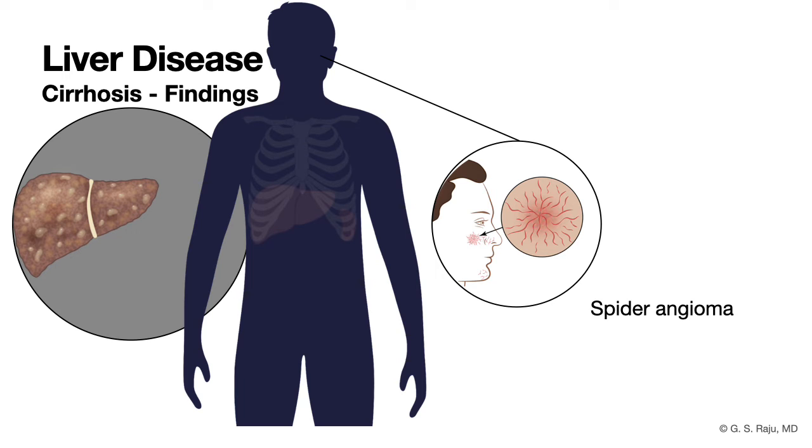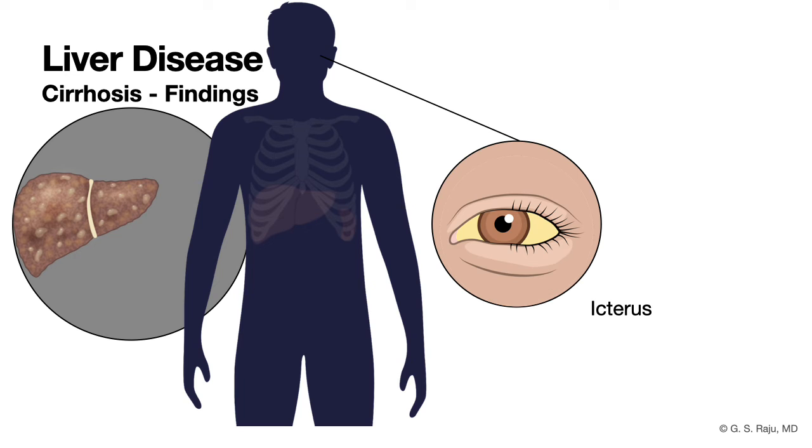And the best way to demonstrate spider angioma at the bedside is take a glass slide and press on the spider angioma. The central supplying vein blanches, and then when you take the pressure off, the blood flows from the central vein to the branches. So spider angioma are typically seen on the face, neck, and upper body. And then you also look at the eyes for any icterus. And then as you come down to the chest,